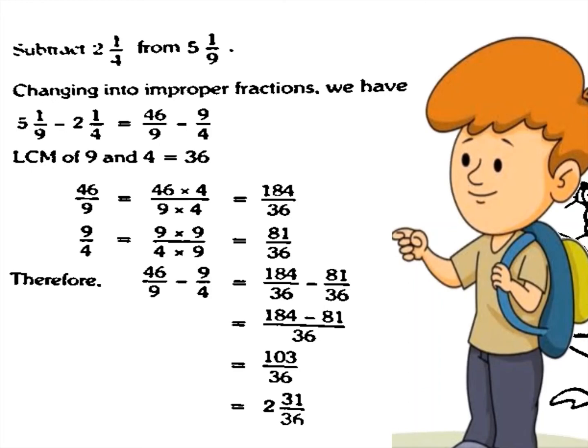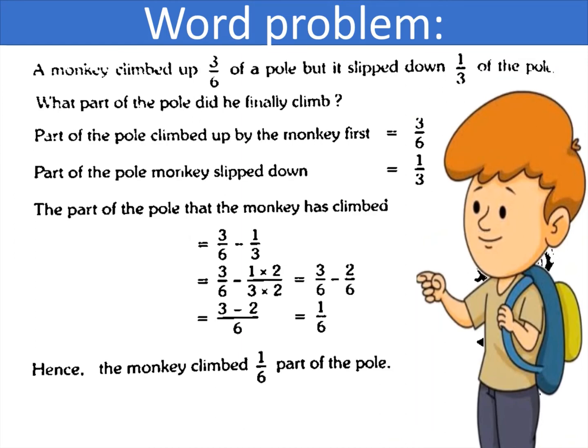Again the same step. This is an improper fraction. What you need to do? You know that. Convert it into mixed fraction, that gives us 2 31 upon 36. Let us practice one word problem also that will be asked in your syllabus. In this word problem, write the statement, then solve the sum. Same procedure you will follow. Take the common denominator, change it into equivalent fraction, then subtract and copy the denominator, that will give the answer 1 upon 6.